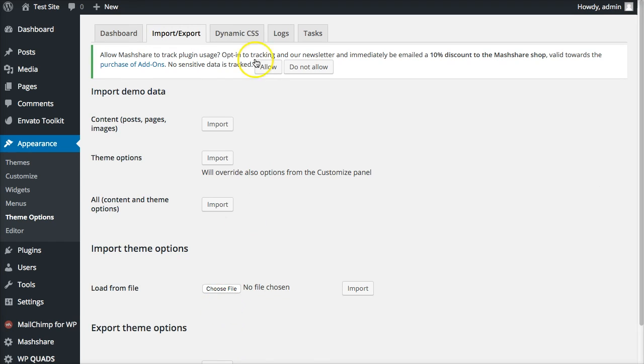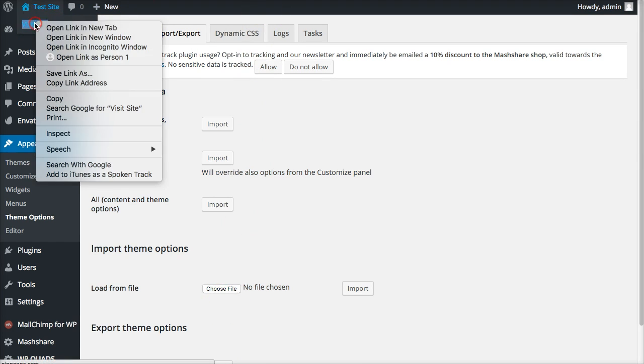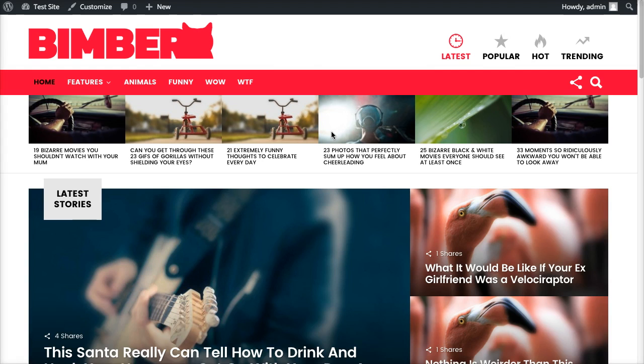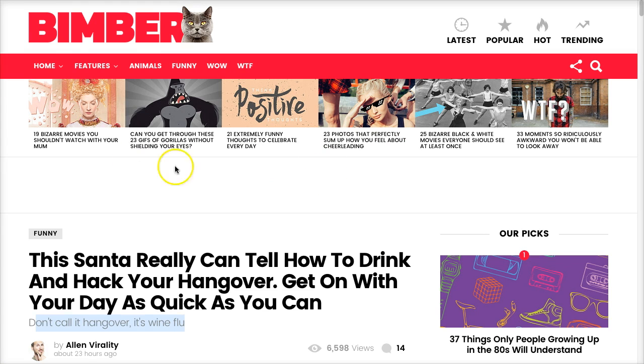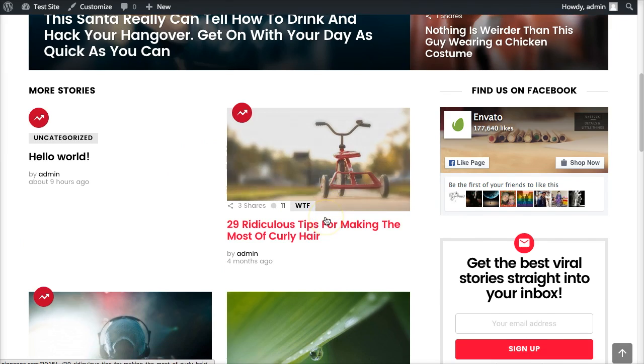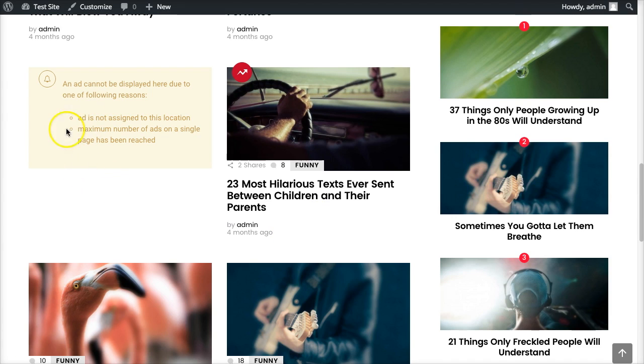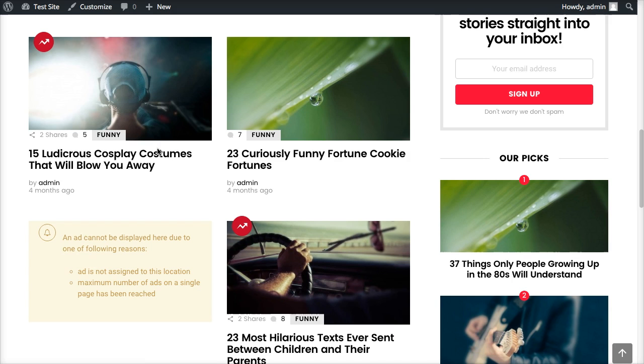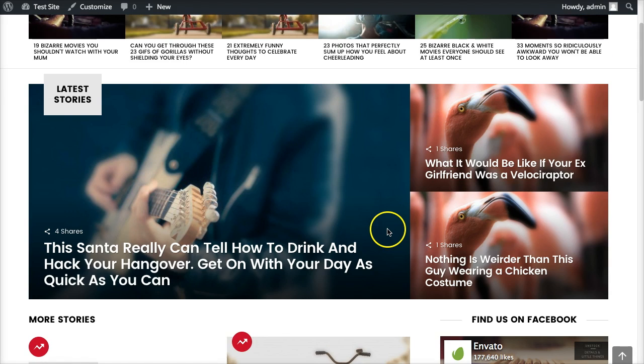So if we go to the test site, open it up in a new tab, we'll see the dummy content. And there it is. Exactly like the demo. The cat logo is a little bit different. I think that's because they don't want people to use that logo. But anyway, the rest is exactly as it was. You can see the ad spaces here. The ads are not installed, so there are no Google ads or other ads, so they show up as replacement images here. But yeah, so this now, if we go back to posts,